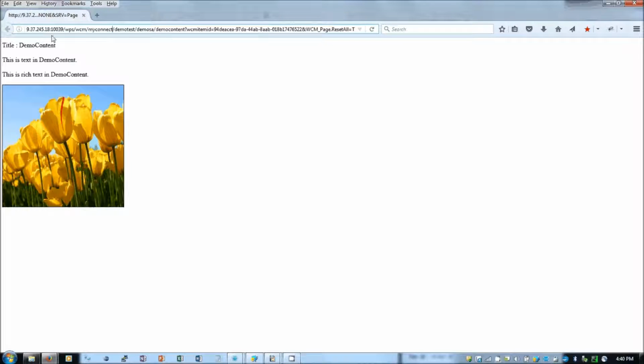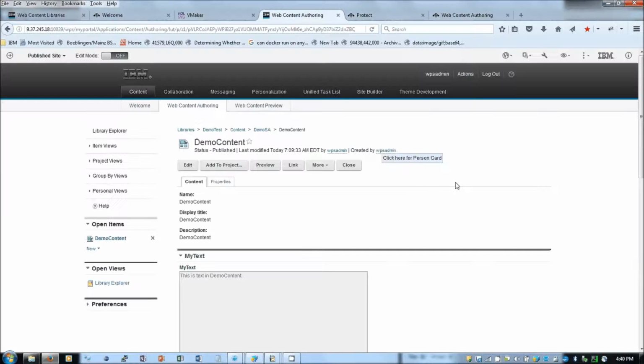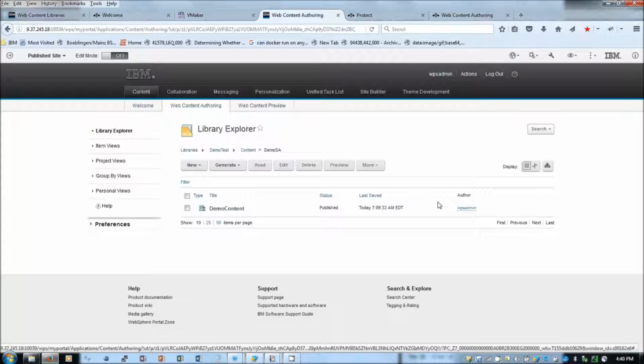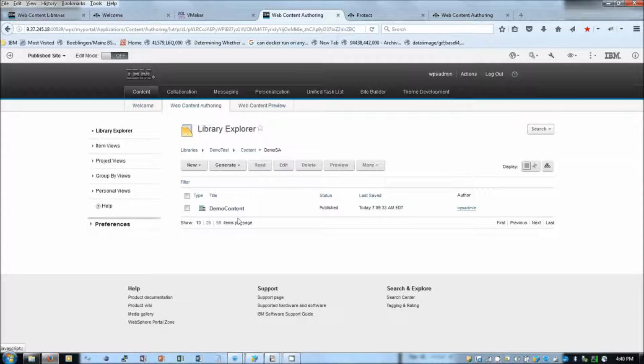So this is called the connect servlet. So when the page is getting rendered, it selected the presentation template for the authoring template, and then it combined that AT and the PT, and then the content got displayed. So this rendering is by using the WCM rendering servlet, which is the connect servlet. Next, I will show you how to render this content by using a portlet.